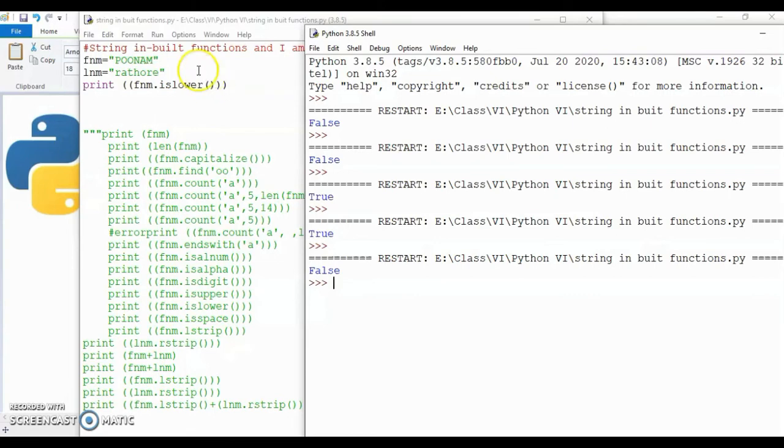Now if you want to check whether the user has entered his name, or he just left it as it is without any character, so it contains only space, and you will prompt the user to enter his name or whatever you are asking for. For that you can check whether the space is there in that particular field with the help of the isspace function.